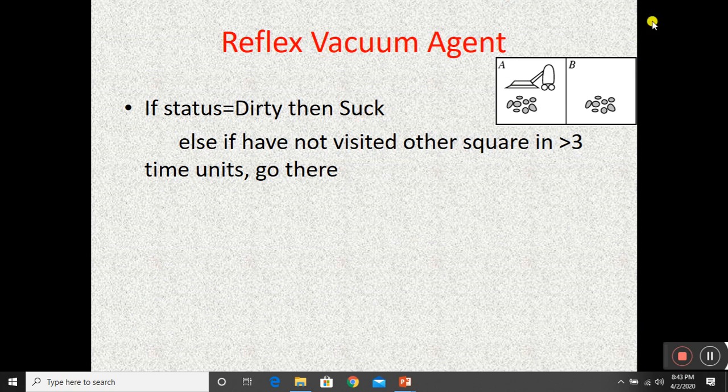Reflex vacuum agent: if status is equal to dirty then suck, yes. If this vacuum cleaner is facing any type of dirt, then this will definitely suck. And if have not visited other square in is greater than 3 times unit, go there. This reflex vacuum cleaner has memory inside, and this condition is saying that if